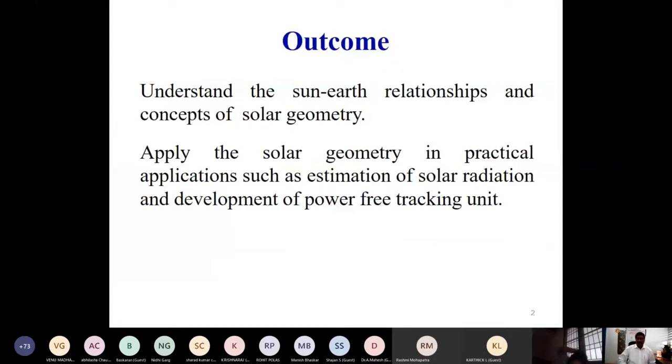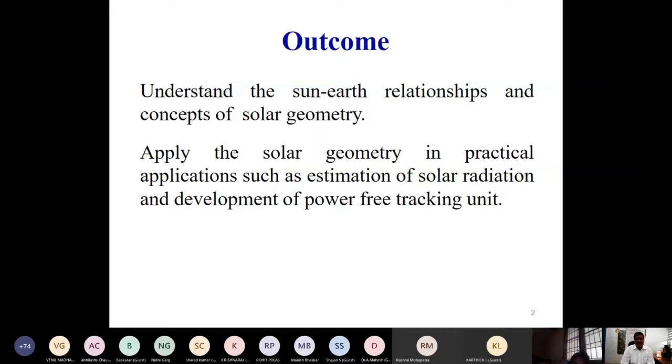Before explaining the tracking system, first I am going to deal with the fundamentals of solar energy, starting from solar geometry, that is, the sun-earth relations. I am going to explain this so that any engineer interested in working on solar energy has these essential fundamentals, so that we can easily model any thermal system, starting from flat plate collectors to point focus collectors. For that, information on the availability of solar radiation is required.